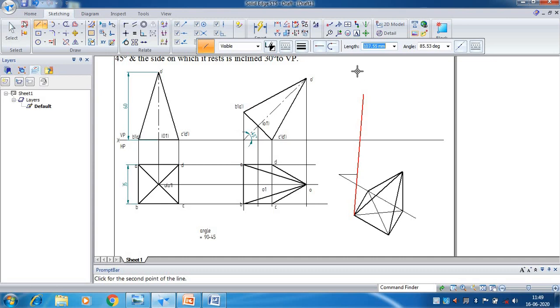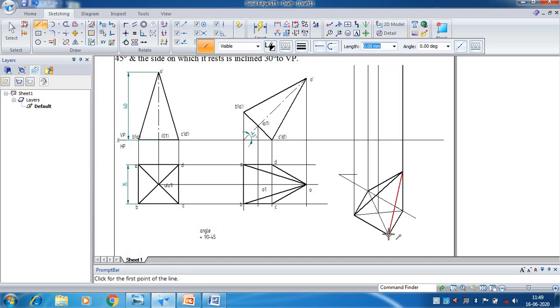From each end point, draw the vertical projection lines. From this end point, from this corner, and horizontal projection lines.